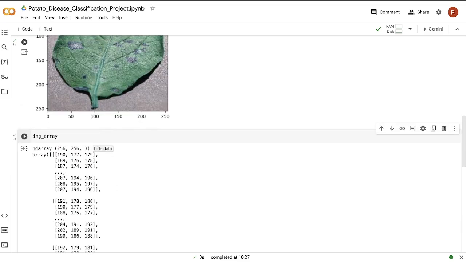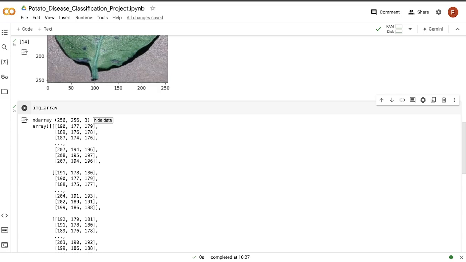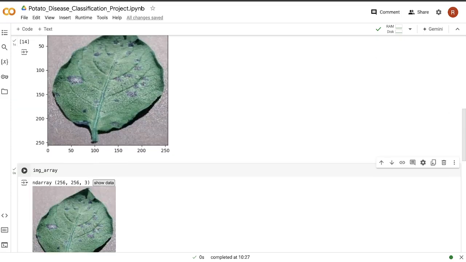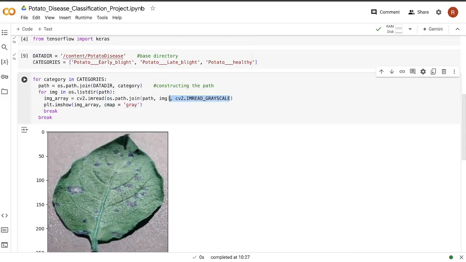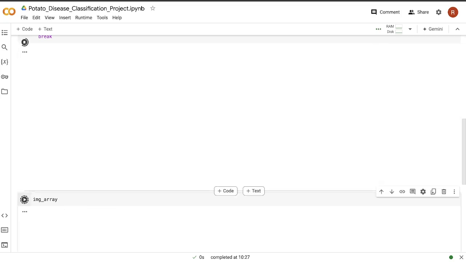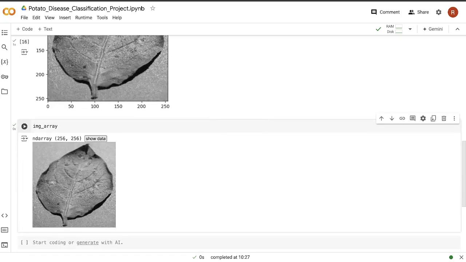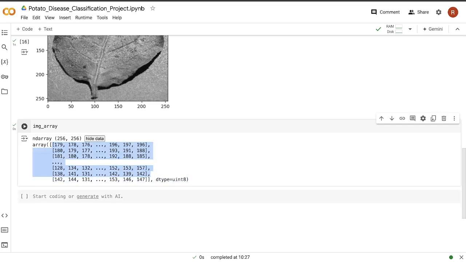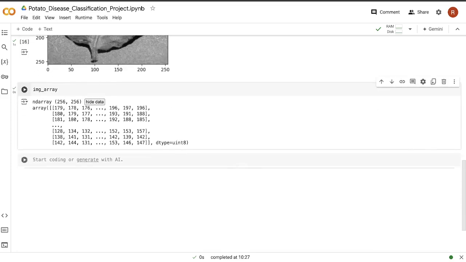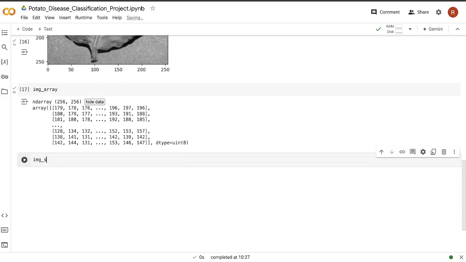Now you can see you are having n dimensional data everywhere for your RGB images. So let me hide it. But when you make use of grayscale images, in that case the size of data is also reduced. Now you have one dimensional data here, as you can see. So this is how grayscale images consume less memory as compared to RGB images. Now after that, the next thing you can do is check the shape of your image. So you can say image.shape, actually image array.shape.